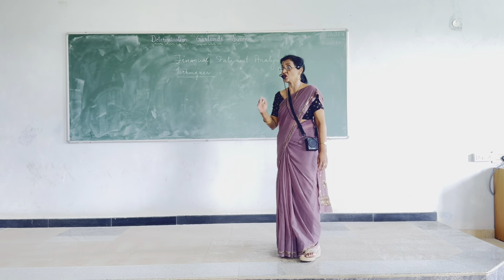When compared to the first year, in what way have the items changed? Have they increased? Have they decreased? Or are they the same? This information is measured and then the percentage change is calculated. The same thing is done in the case of a comparative profit and loss account. Okay? Second one is common size